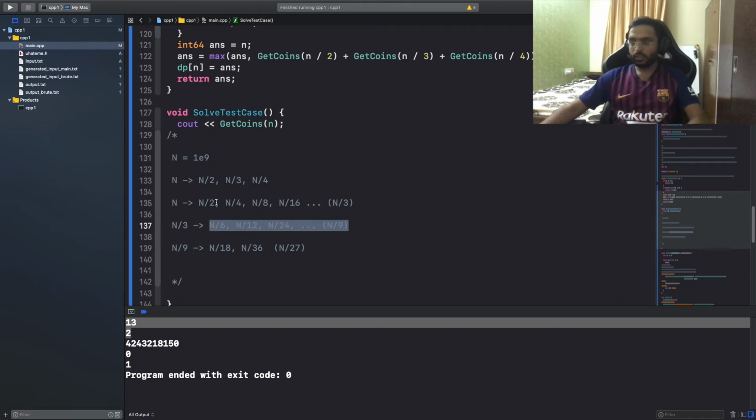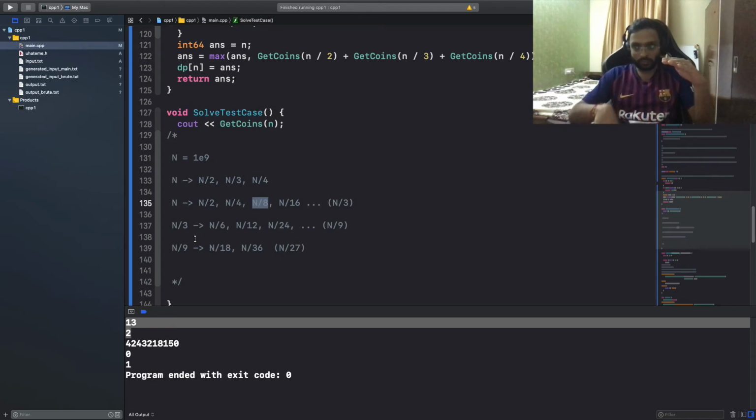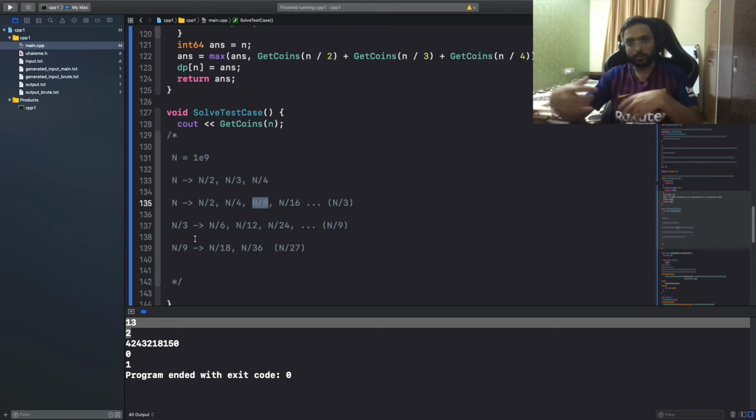Now, the question might arise: what would happen for these values, like n by 2 or n by 3? Think about it this way: from a generic point of view, for any n, we would need to solve for the values where we are dividing it by some number, and that number is generated either by dividing it by 2, by 3, or by 4. That means dividing by some power of 2 or some power of 3.